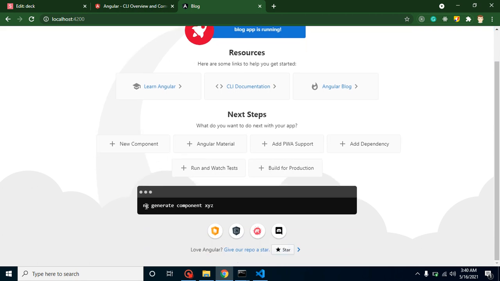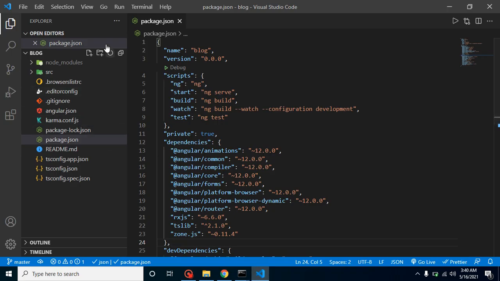So the next command is ng generate component, but we will learn it later. In the next video I will tell you what the code flow is, and how Angular code actually works. Which file will run first, and after that we will understand the complete file and folder structure and all, right?